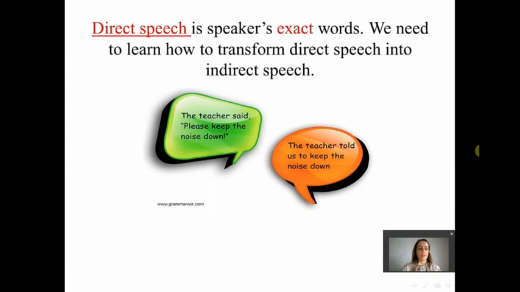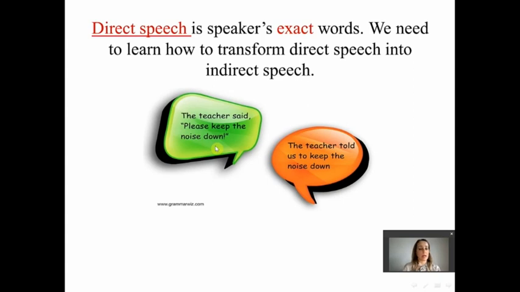Direct speech is the speaker's exact words. We need to learn how to transform direct speech into indirect speech. Let's see one example. The teacher said, "Please keep the noise down."